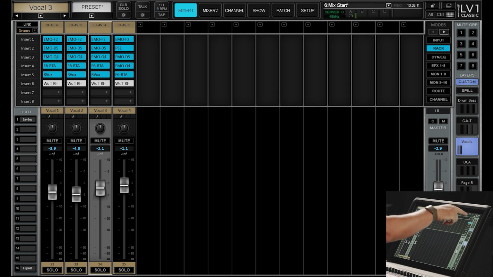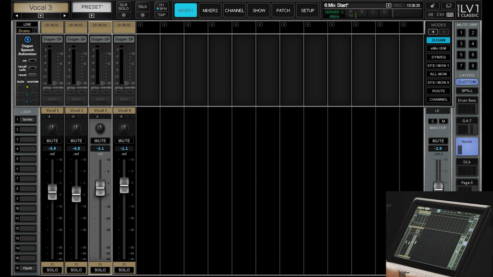So in the Modes tab here, we've basically got our input, rack, dynamics, effects, etc. And then if you click to the right, there's a mode called Dugan, and you can just engage that. I have 4 channels here that now have Dugan applied to them. There are actually 64 Dugan channels available in LV1, and so you can use this if you have more than